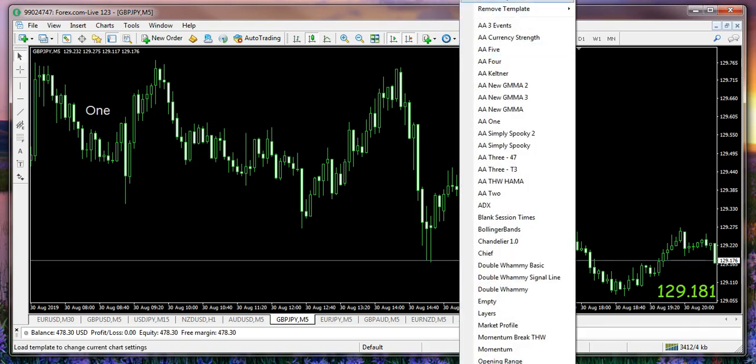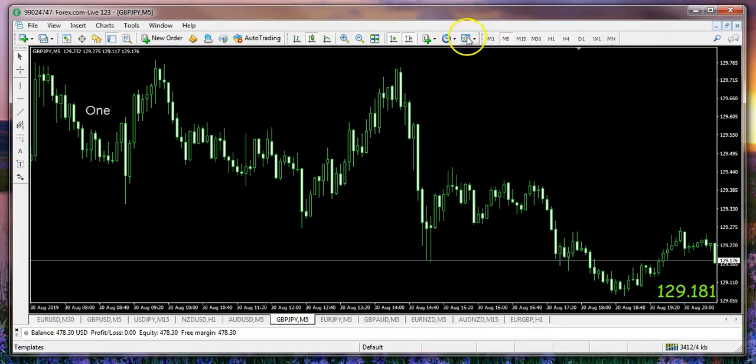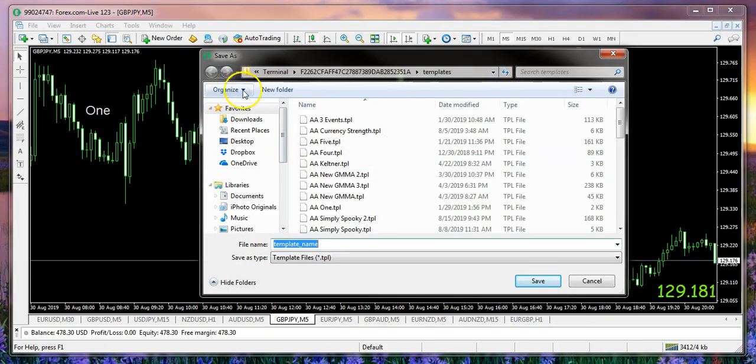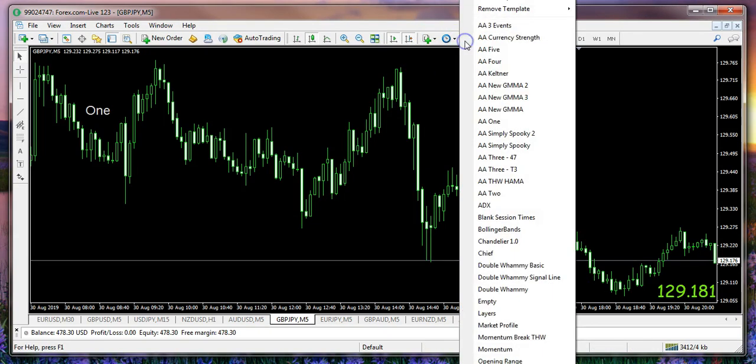I've got to bring this down so you can see it. Unfortunately, that's off the screen, but we want to open. No, we don't want to open. We want to save this. And so down here, we'll see we now have an opportunity to save as. And what I would suggest you do is to save this as a blank. So I've got it as AA1 template. You can put your name down in this area. And once you do that, then you can come to this area anytime,